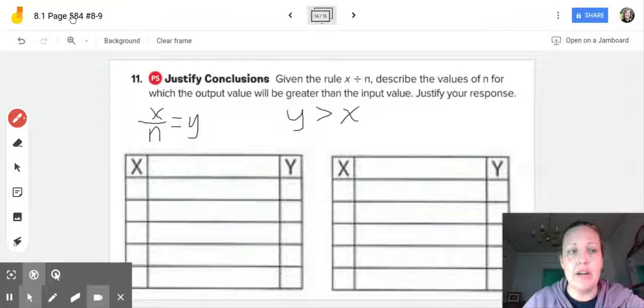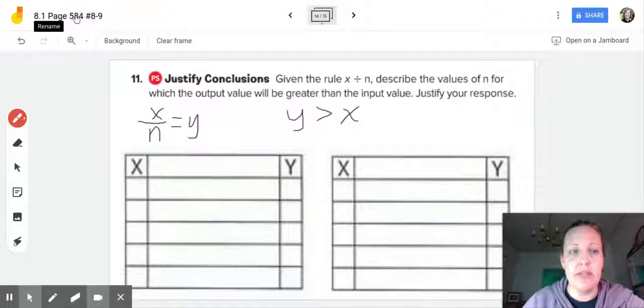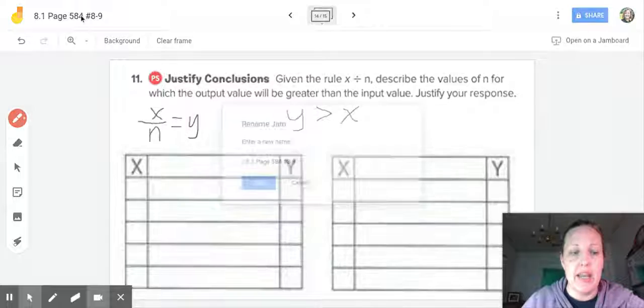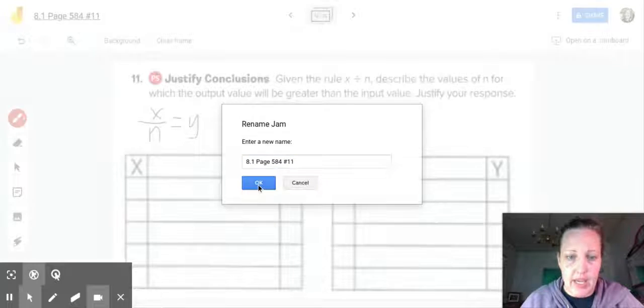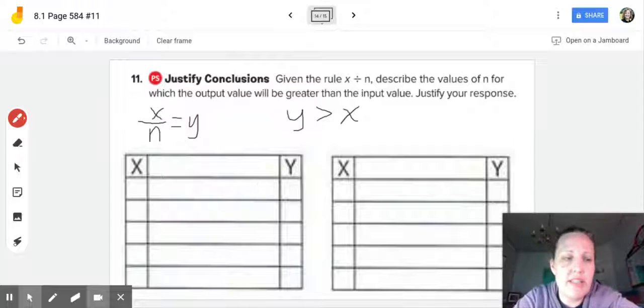Hi, friends. We are on page 584 in your packet, and we are actually doing problem number 11 right now. I'm going to change this up so you can see it. We're doing problem number 11. And this question seems kind of difficult, but I want to show you how you can persevere through this